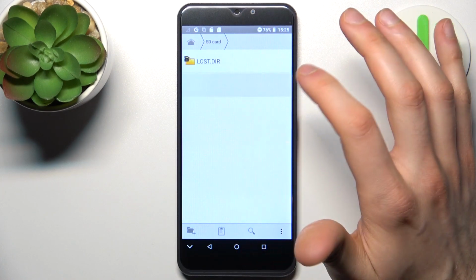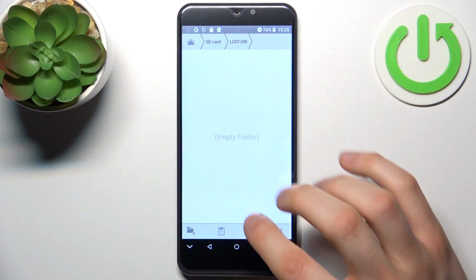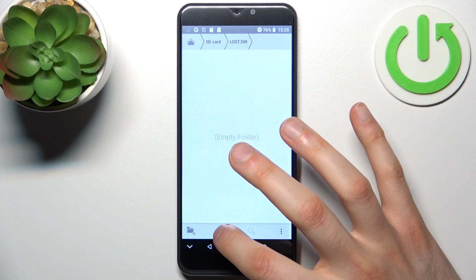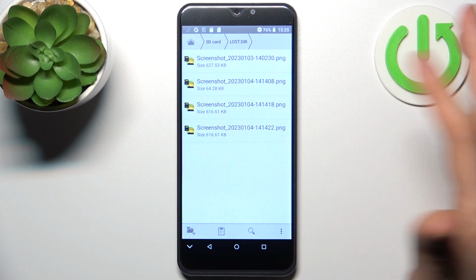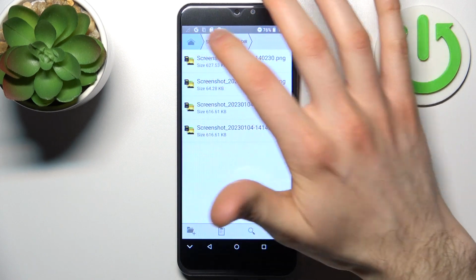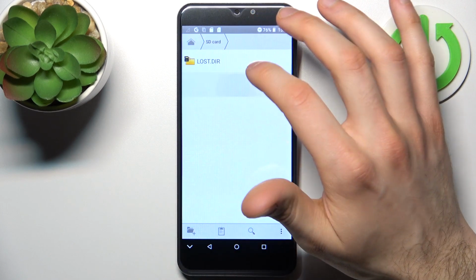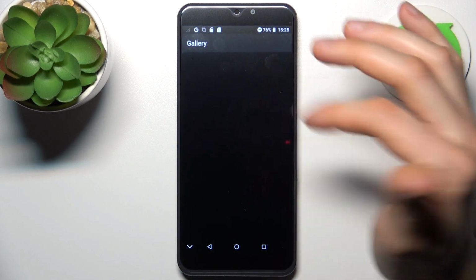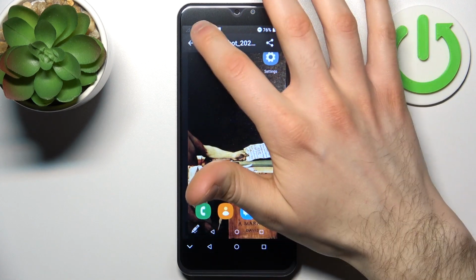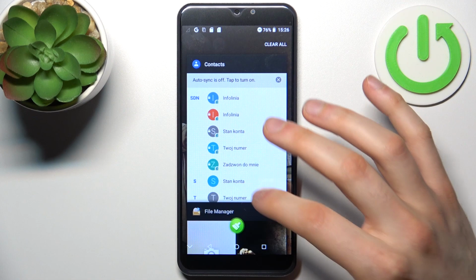So for example, let's go to the SD card and copy them here by tapping on the paste icon. And as you can see, now I have these screenshots not only in my internal storage, but also in my SD card. Here they are. So yeah,